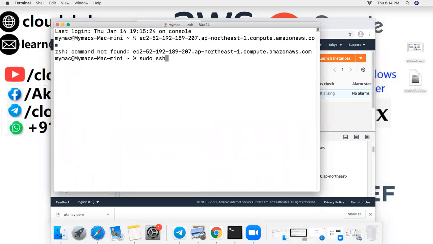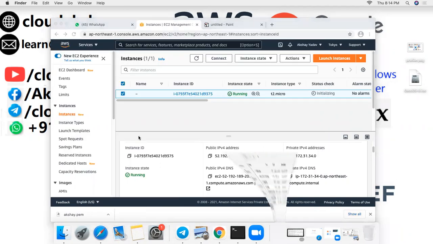Sudo ssh, and let's go into the download.